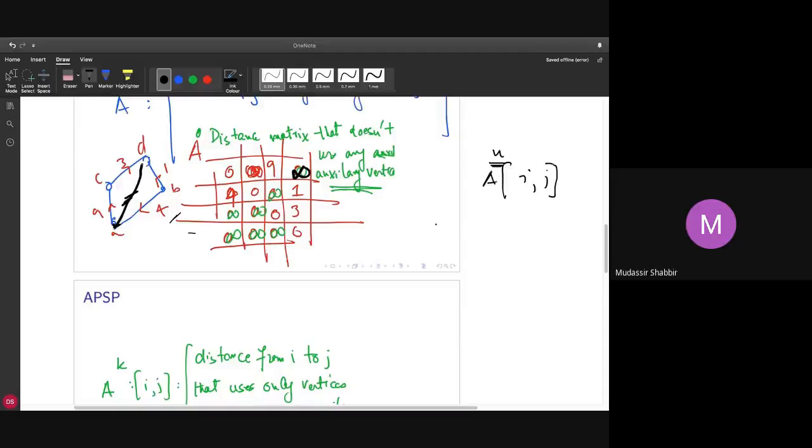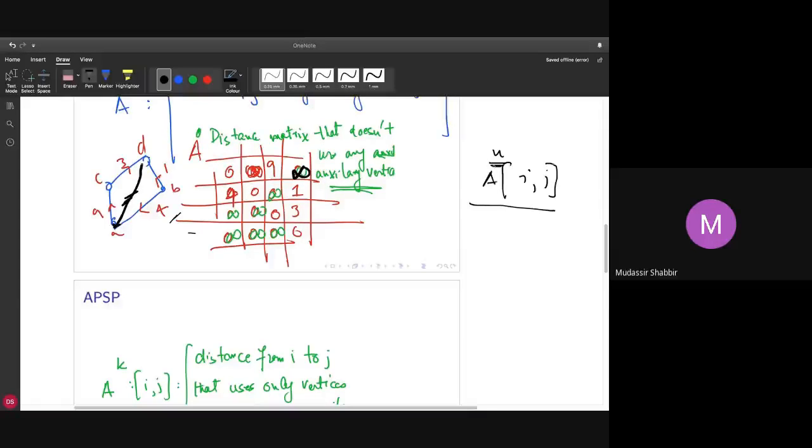So to create a sort of optimal substructure, I must be able to compute this matrix from some previously computed matrices. So my subproblems are going to be